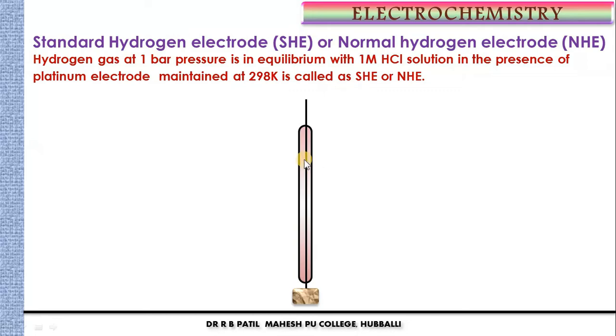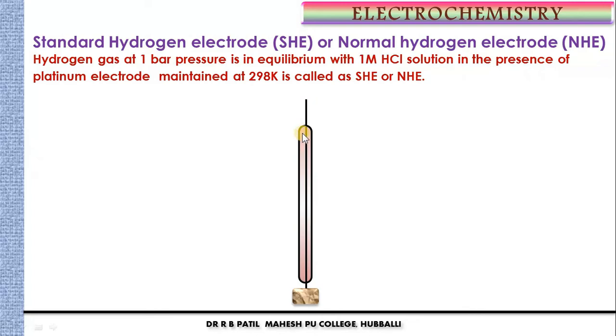See, this is platinum wire. Platinum wire is sealed in a small glass tube. This is a glass tube. One end is connected to a platinized platinum plate. What do you mean by platinized platinum plate? See, a platinum plate is coated with powdered platinum, so that absorption is going to be more, is called a platinized platinum plate. So one end is connected to this platinum electrode and another end is left for the external connection.